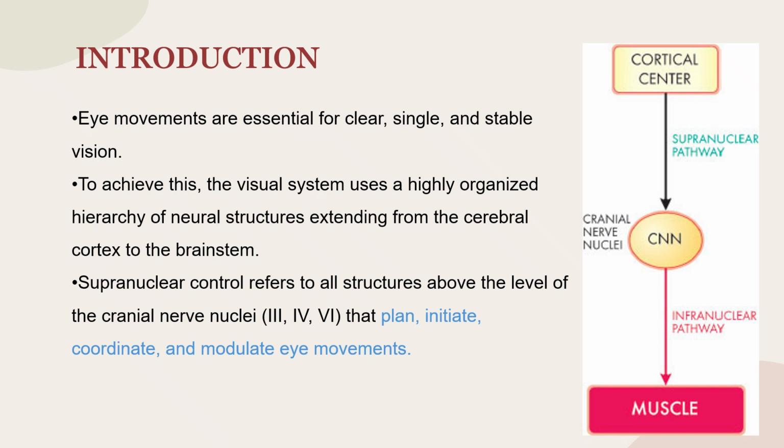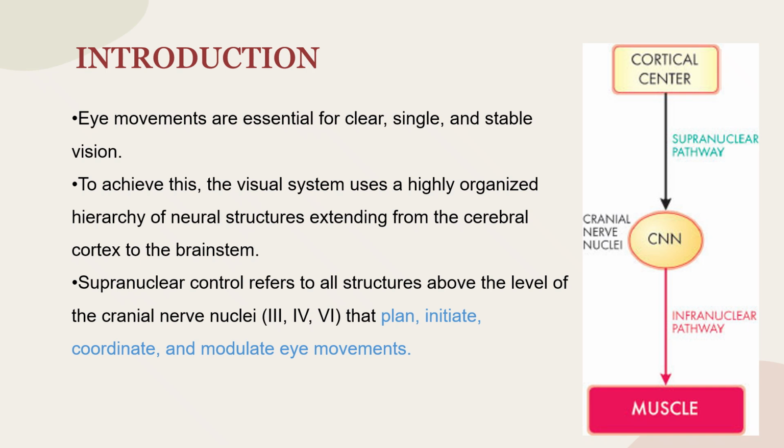So the introduction is: eye movements are essential for clear, single, and stable vision. To achieve this, the visual system uses a highly organized hierarchy of neural structures that extend from the cerebral cortex to the brain stem. In this diagram, we see that this is the cranial nerve nuclei, this is the cortical center, and this one is the extraocular muscle level. From the level of cranial nerve nuclei, above is the supranuclear pathway, and below this nucleus level is the infranuclear pathway. So, supranuclear control refers to all the structures above the level of the cranial nerve nuclei,